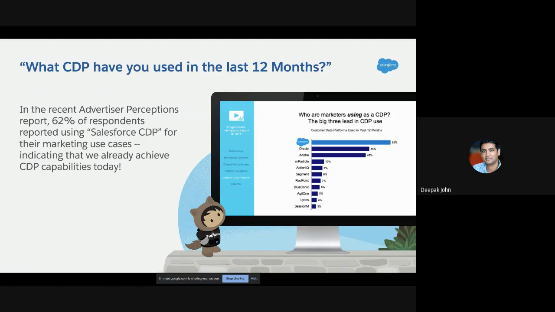It wasn't until June, July of 2020 last year that we actually had a CDP offering per se with the name. But what was interesting for me when I looked at this was that marketers, based on what they could do with Salesforce, were handling highly sophisticated use cases from a CDP perspective. So it just shows you what sort of perspective people have, but also how unorganized that whole category of a CDP is.